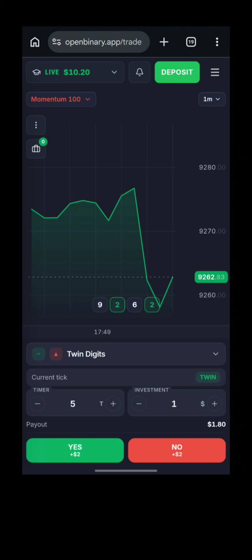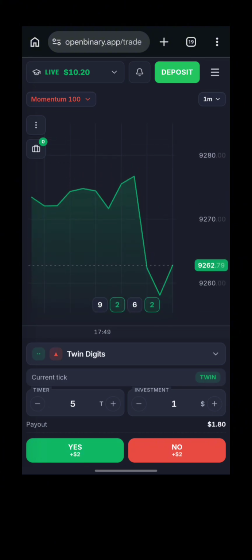When it comes to twin digits, we have two outcomes: we have the twin and we have unique. Right now we have a twin because we have two digits repeating, and now we have unique because the digits are all unique, like 9, 2, 6, 7. These are unique digits. But when we have two digits repeating themselves, that is twin digits. If we get twin digits, you see twin right here, and